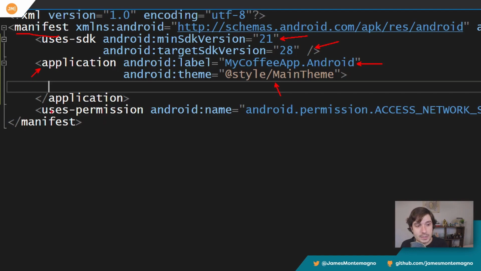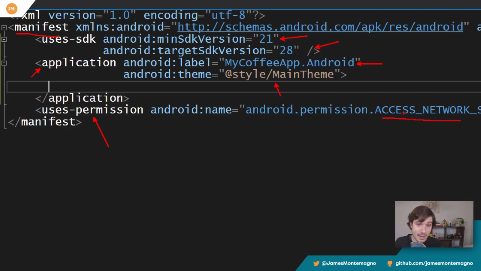And then finally, we can see under the application node, we have uses permission, and it's accessing the network status. And that's one of the default ones here that's brought in. It's important to realize that on Android and iOS, there are different types of permissions that you can request. Some are called runtime permissions, and some are just non-runtime permissions. But runtime permissions are that pop-up box. And on the Android documentation, you can see exactly which ones are and aren't.